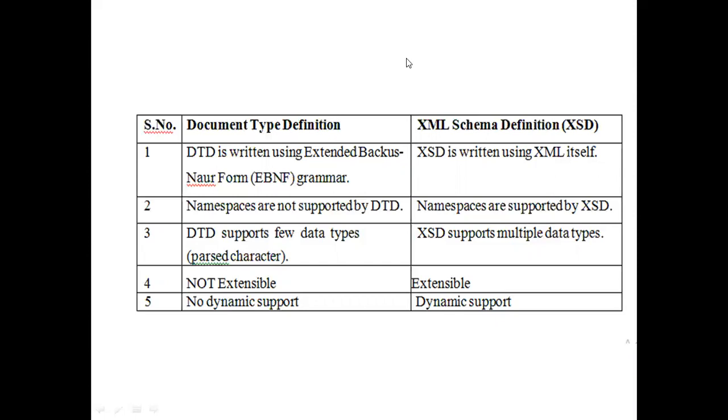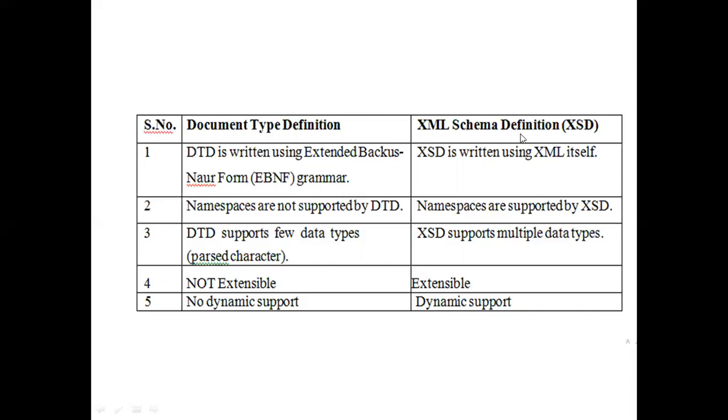It supports only a few data types. It cannot be further extended. And also, it does not support dynamism. That is, we cannot select the XML documents at the time of running. That is nothing but no dynamic support.